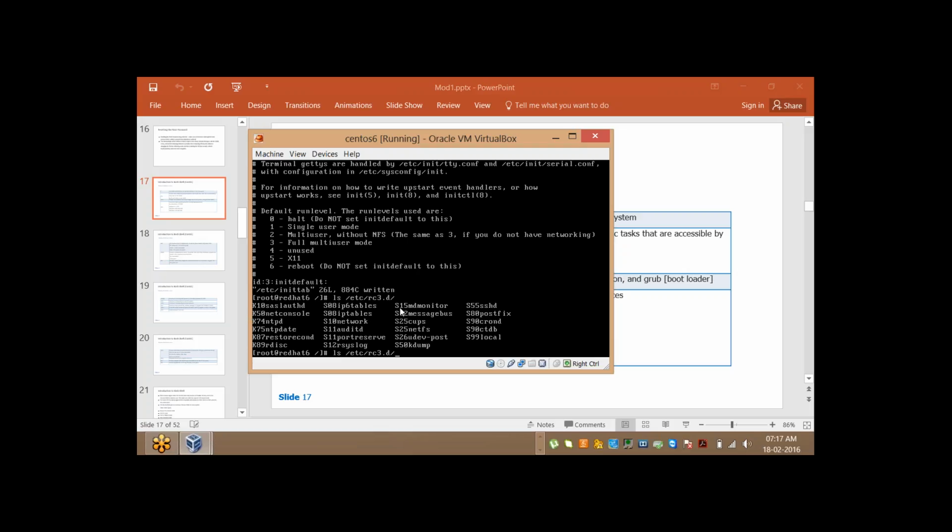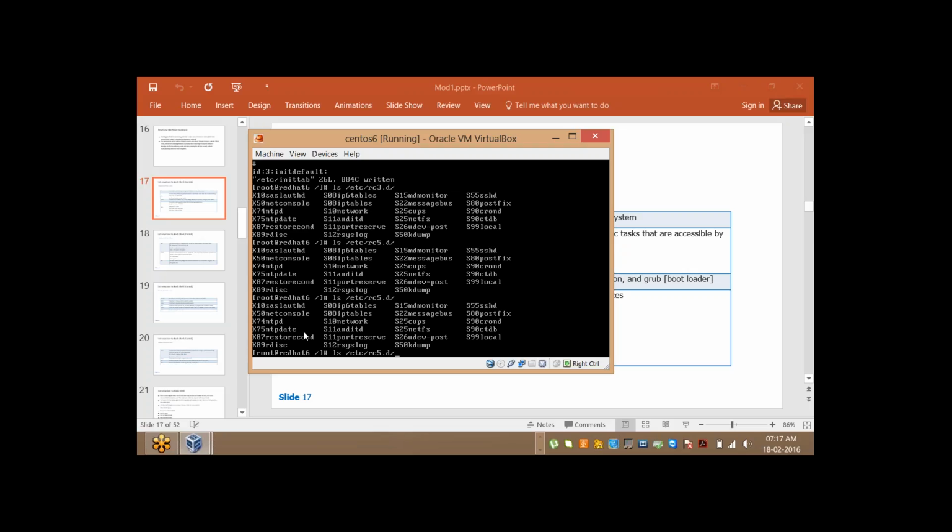That means if you shut down your system, the operating system will follow the same process. It will check what the current run level is, run level 3. So it will come to the directory and try to kill all the processes which are part of run level 3. Similarly, if you start your system in run level 5,